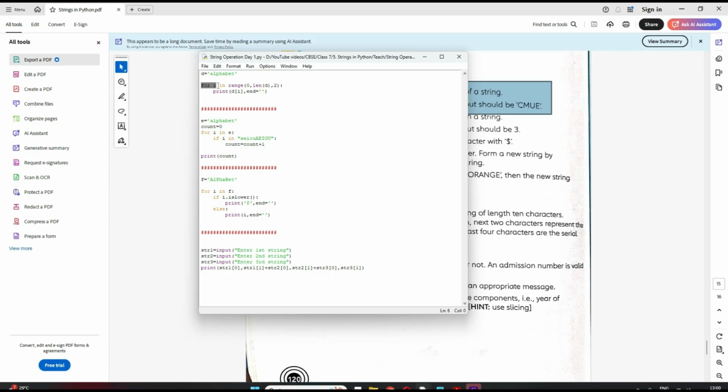So I have taken for I in range. Range will start from 0 till the length. If I take length, then it will go till length minus 1, right? And then in steps of 2. And simply I'll print D, and I will give my index, right? So D I.